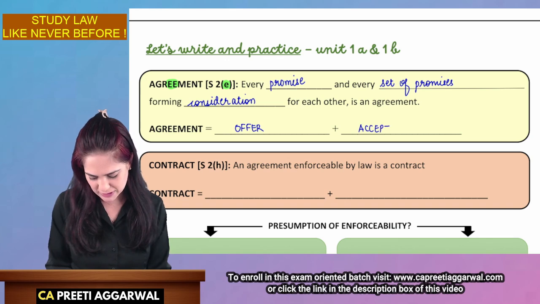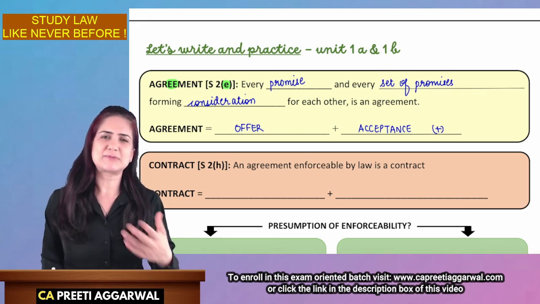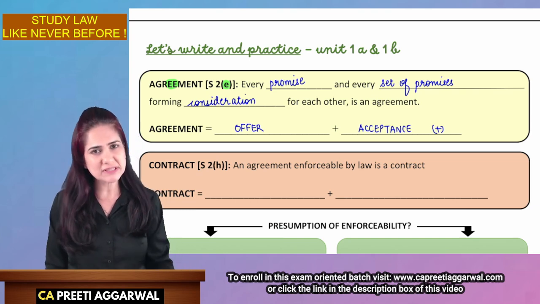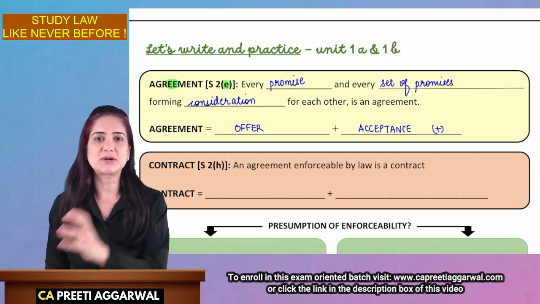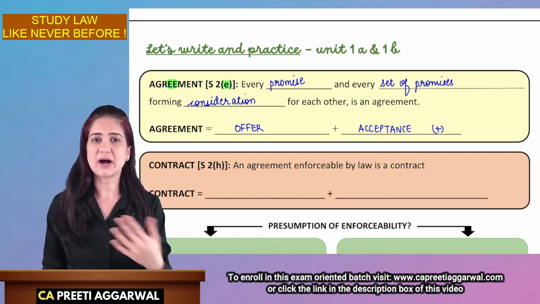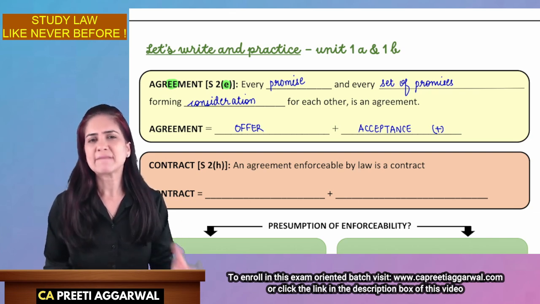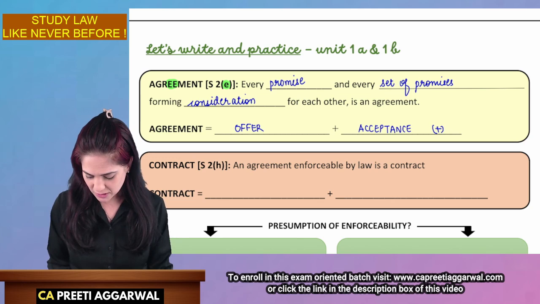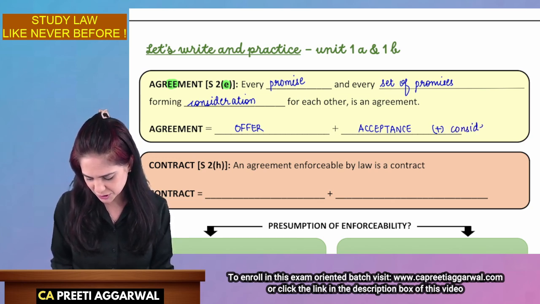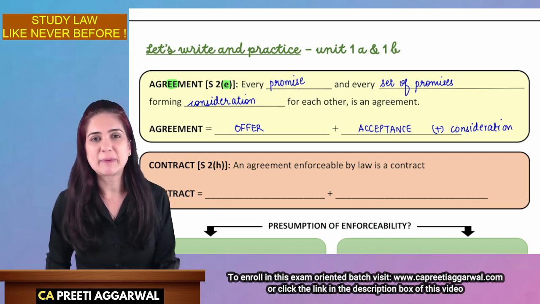Ma'am, can we also include consideration over here? Yes, you can also include consideration. Then why haven't you made provision for that? That's because sometimes when we discuss the questions, case-based questions, etc., we try to find consideration, we concentrate on that and we mess up the answer. That is how I have realized initially when I teach this concept to students also when they are new. I don't discuss consideration, because then they tend to get confused. But yes, you can also add consideration. But agreement is nothing but offer plus acceptance.